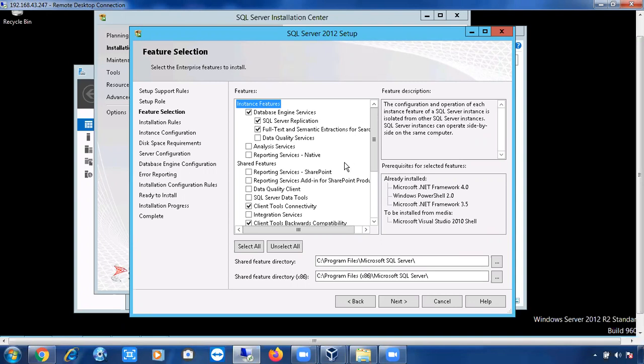Okay, right. So next time, if you're installing a second instance, just select these three features. No need to select all the features. Got it? Especially, no need to select the shared features. Why? Because these are the shared features. Once you install the shared features for the first time, that is enough. Next time there is no need to install them. Just go next.